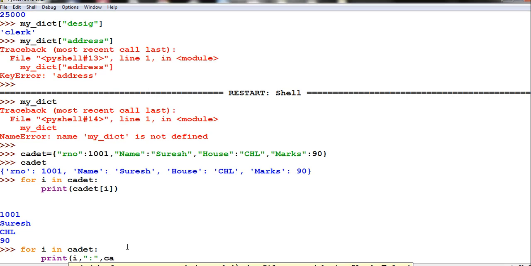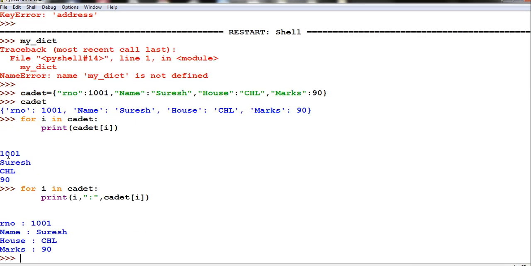Then I will print the value, which will be fetched with the help of your key, right? Now let us see how the output will appear. You can see after roll number colon, I had given every name, house, marks. This is how, using a for loop, you can easily visit each element of the dictionary.